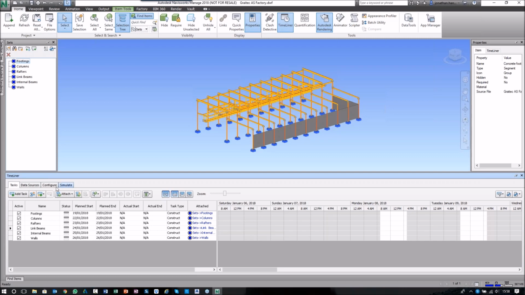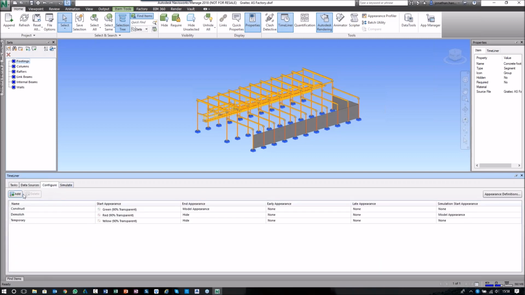So when we look at the configuration tab here, you can see that it has some predefined tasks already defaulted in your Navisworks. Again, these come out of the box. So if we look at this in very simple terms, we've got a construct, demolish, and a temporary. So if I want to look at a build sequence where I want this to be erected, I'm just going to look at the construct